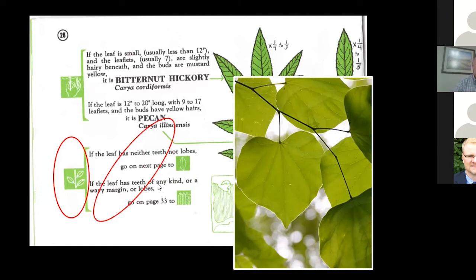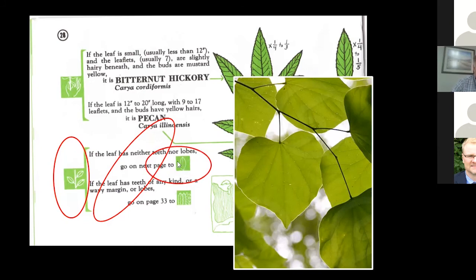This is probably the most confusing part of this entire book, and that is the first statement that they make there. If the leaf has neither teeth nor lobes, it's always confused me. That means there's no teeth, no lobes. I know what it means. It's just every time I read it, I have to look at it. And then this one says it has teeth. Well, if you go around there, that is what I refer to as an entire leaf. So it's going to be